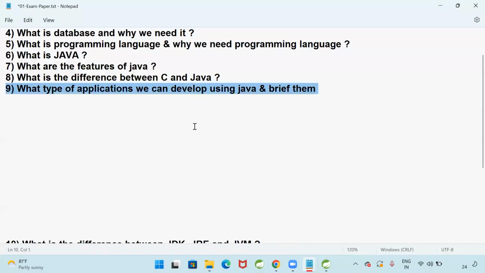Excuse me, are you writing? What type of applications we can develop using Java and brief them? कुछ भी लिख देना.